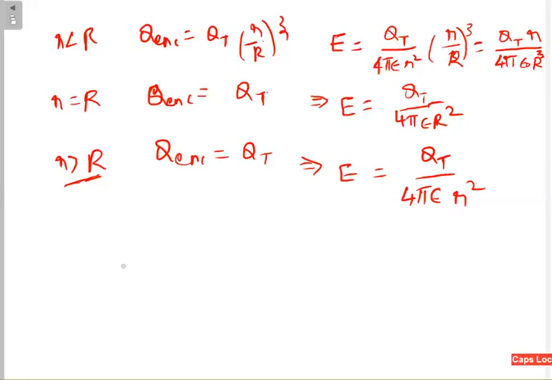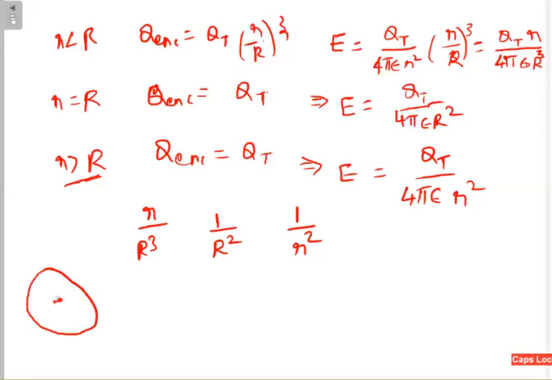Okay. If you want to analyze this function, you take some realistic value. Say in the first case, what you are getting? r divided by R cube. In the second case, R square. The third case, simply R square. That means what, sir? If I am here, this is my solid shape. Say, for example, R is equal to 5 centimeter.